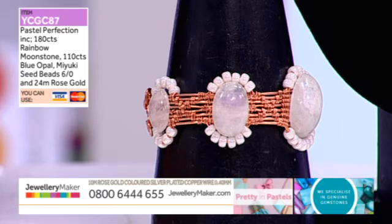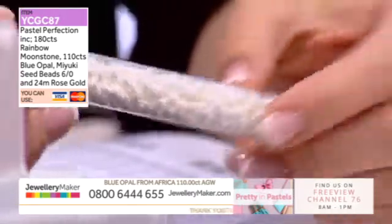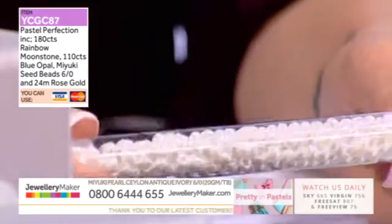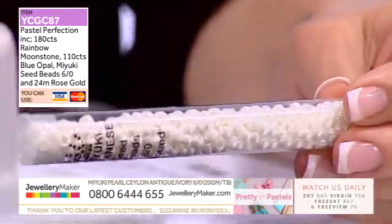That's gorgeous. So not only do you get these 3 wires, you've got a tube of seed beads as well. These are lovely. These have a perfect pearlescence to them. They are, in fact, the Miyuki pearl seed beads. Antique ivory, you've got the 6 O's. So it is one of the larger of the seed beads. You are also getting